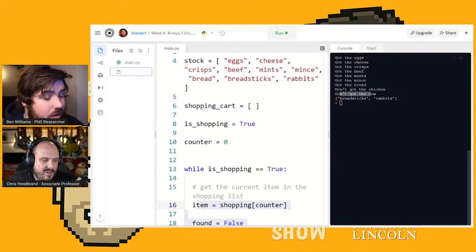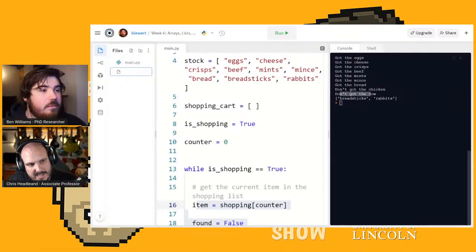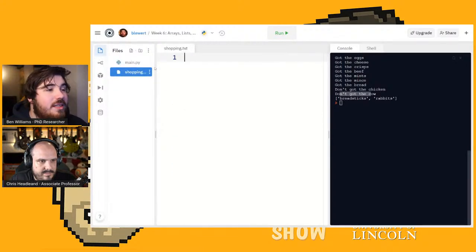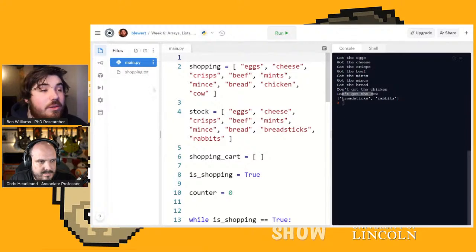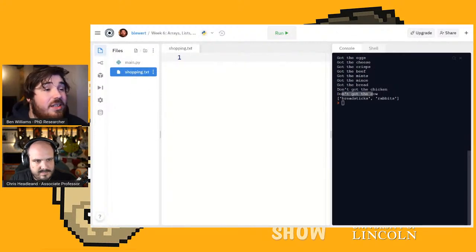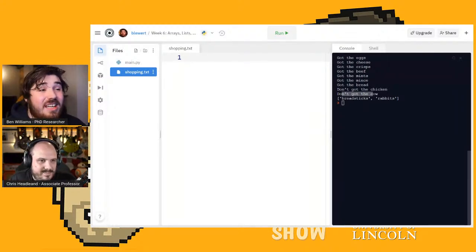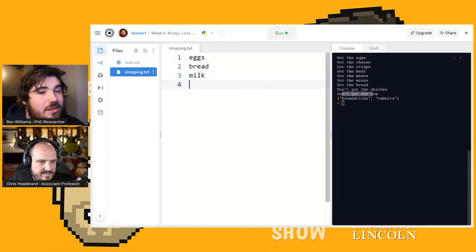We'll probably talk about uploads when we start doing a little bit of data analysis. So we'll call this, I don't know, shopping.txt. It's just a text file. You can switch between files like this by clicking main.py and shopping.txt. main.py is the code that we're going to run. .py is for Python, and you can see the little icon here. But here's a shopping list, right? There's nothing in it at the moment, but you can think of this as an actual shopping list. So we can put in things like eggs and bread and milk and chicken, cheese, cow,